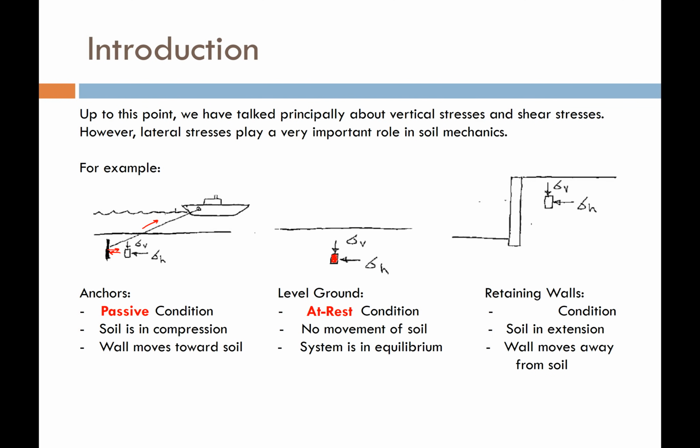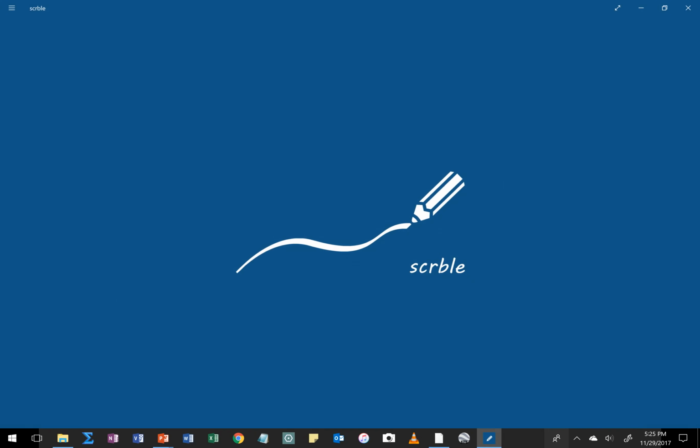Now, if we took the opposite condition, we're going to show this on the right. If we have a retaining wall, you can imagine that this soil behind this retaining wall doesn't like being vertical. Soil wants to fall down, basically, and wants to make a cone shape like that. That's what the soil wants to do. The problem is this wall is in the way, so the soil is trying to push the wall over. So if I go back to my diagram,